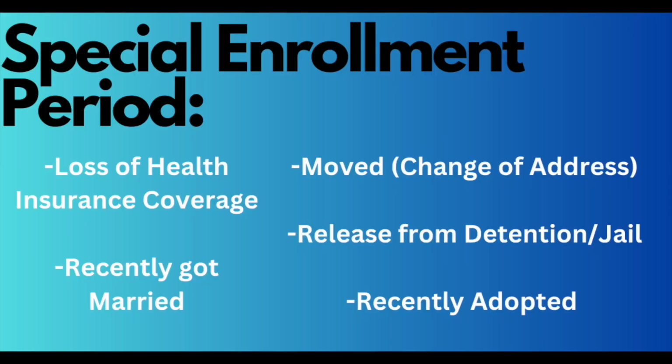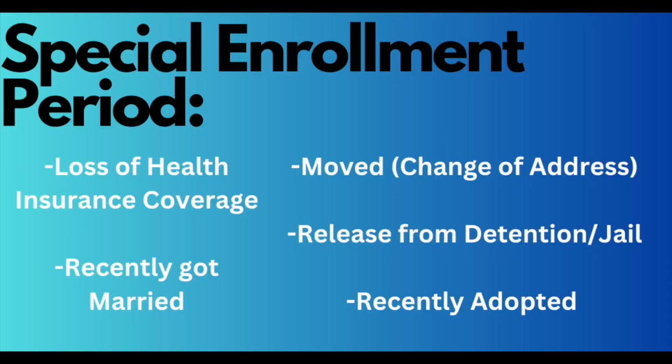Okay, so that is OEP, the open enrollment period. We talked about open enrollment periods, but there are other periods when you can, in fact, enroll in marketplace health insurance due to a life-changing event. I'm going to go over the life-changing events. If you have any of these, you have 60 days from that event to enroll in marketplace health insurance. So here are the life-changing events.